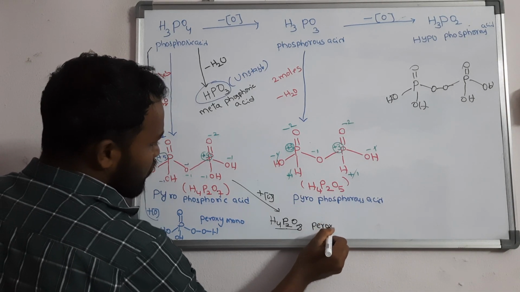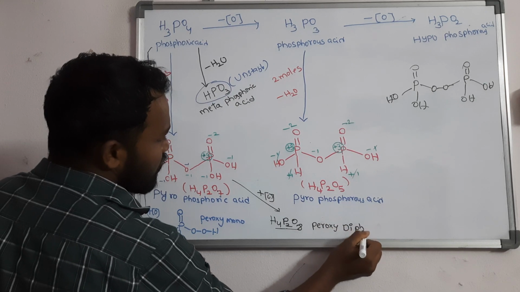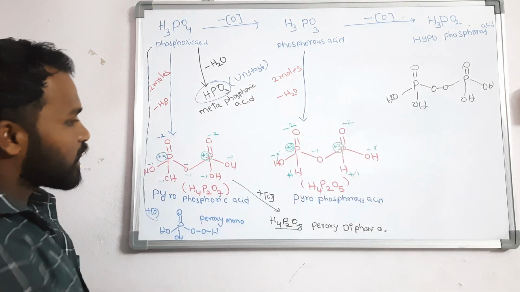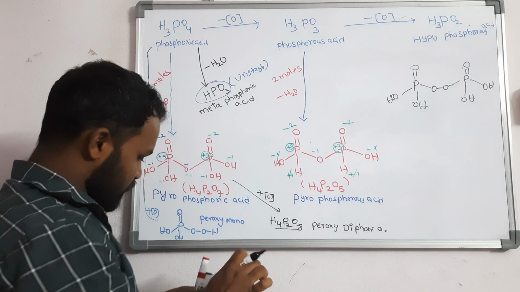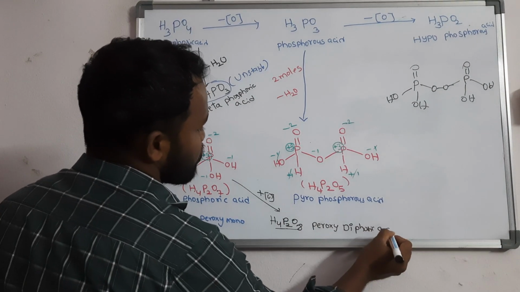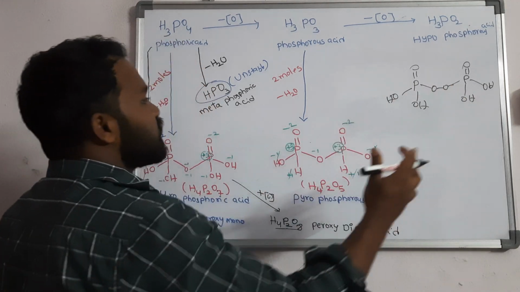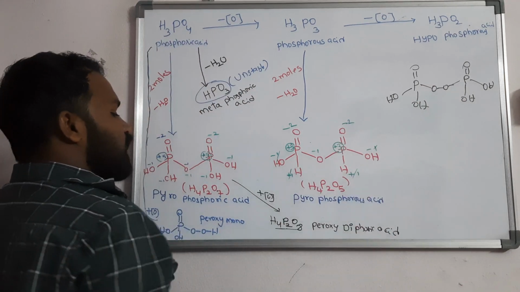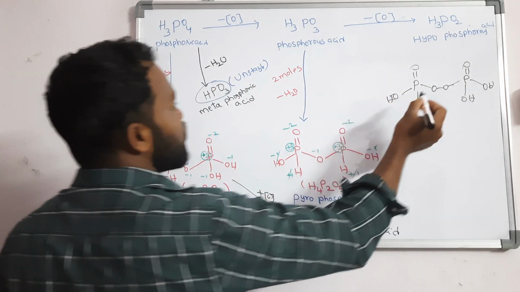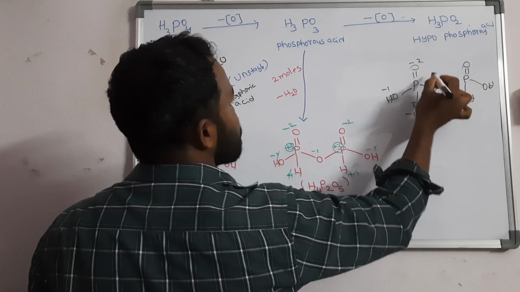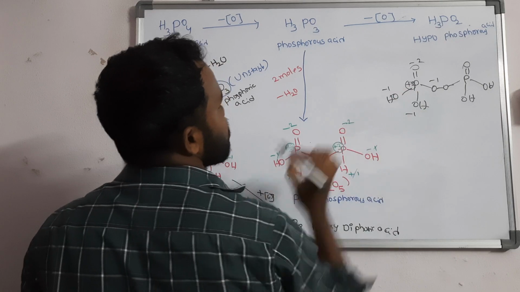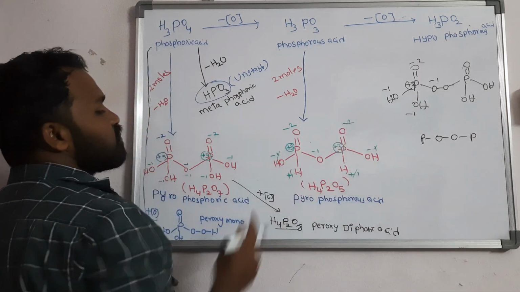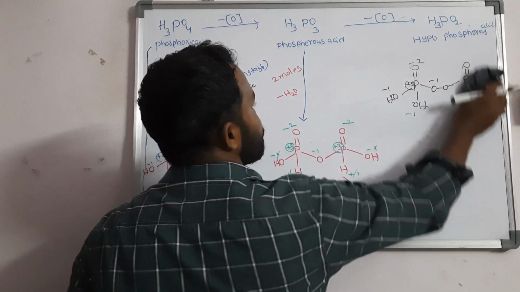That is what? Peroxy diphosphoric acid. Peroxy diphosphoric acid. The board is not sufficient, so I am unable to expand this; I am explaining just from this. H4P2O8, right. The question is which of the following contains PP bonds, and about the oxidation state: if you write -2, -1, -1, -1, the total is -5, you will get +5. Here also the same. Sometimes they will ask which of the following contains a POOP bond. So that is peroxy diphosphoric acid.